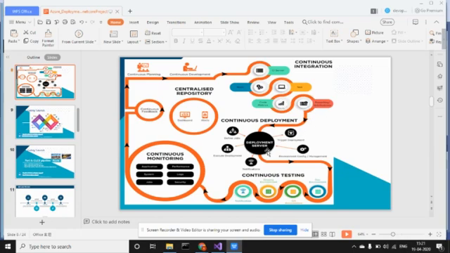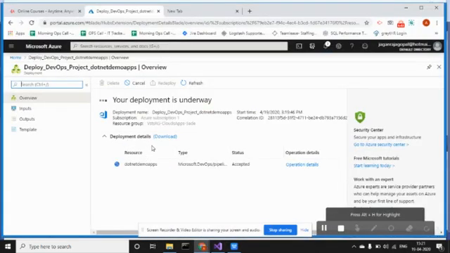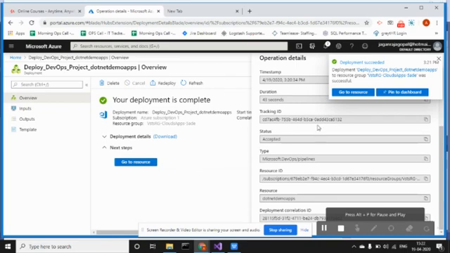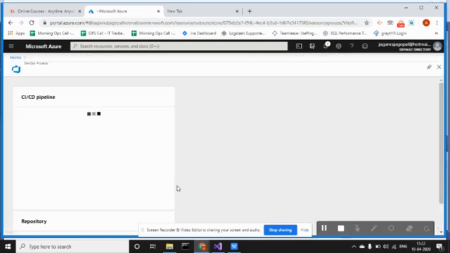So it will ask where you want to deploy. In that DevOps project, I defined which app server it was to. I mean, it will create a fresh app server actually. So I think it is still in process. See here. So in my deployment, it is creating my app server. So still it's in progress. Let me mute it. So right now, my app server is created. So I go to resource.